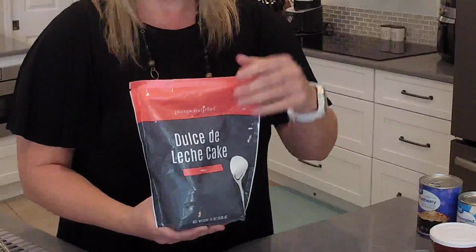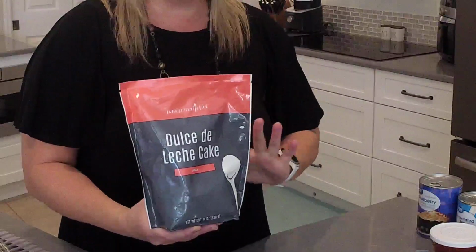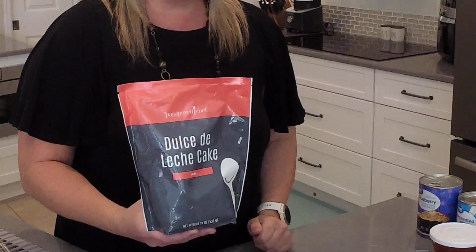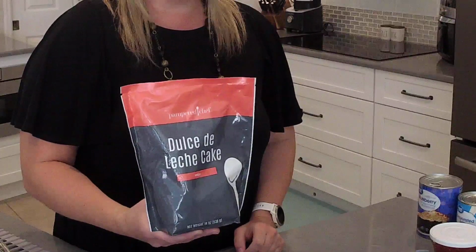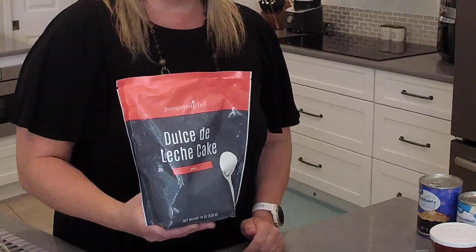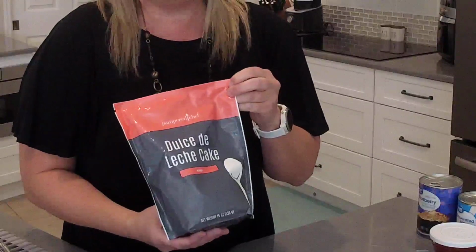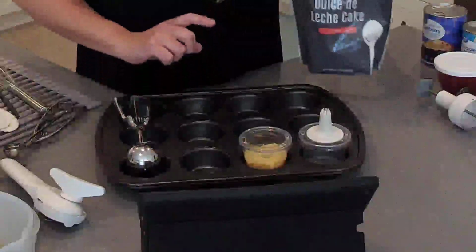But all I did was I preheated the oven to 350 degrees, and then you're gonna follow the directions on the mix. So I added in 6 tablespoons of unsalted butter, and you do want that cut into small pieces and have it soft. 2 tablespoons of vegetable oil, 2 eggs, and 2/3 cup of milk. I beat that with our Flex Plus hand mixer, and I baked these in the oven in our muffin pans